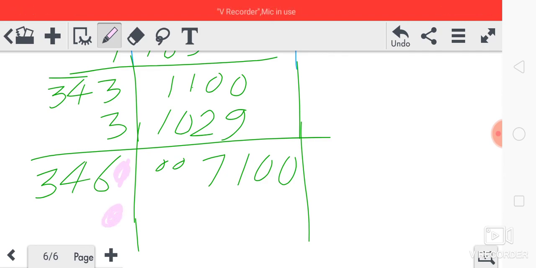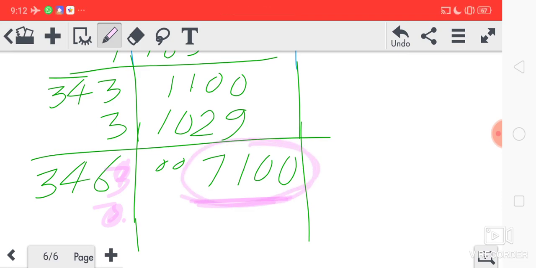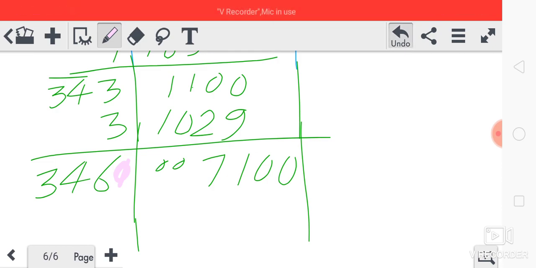1 times, then it will be the same number. 3461 into 1 will give the same number. If we take 2 times, 3000 to 6000, it means it will be closer to 7000, isn't it? If we take 3, then 3000 into 3 will automatically become more than 9000, which will be more than 7100. So we cannot take 3 times. So which number should we take? Better to take 2 times, so that we get less than 7100. So we'll take 2 times.